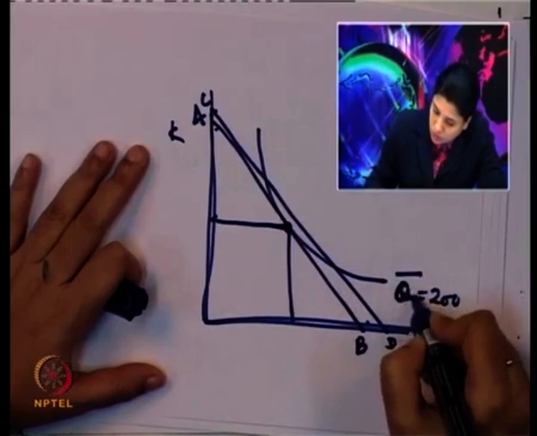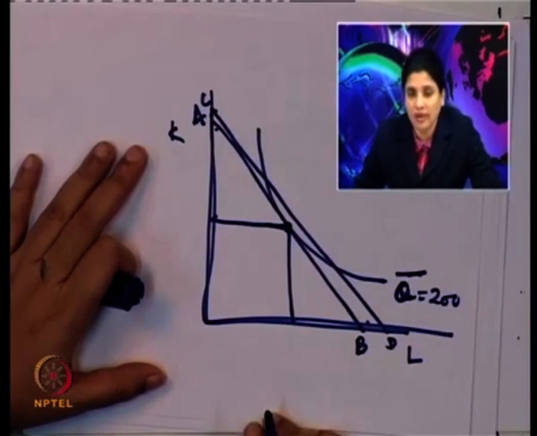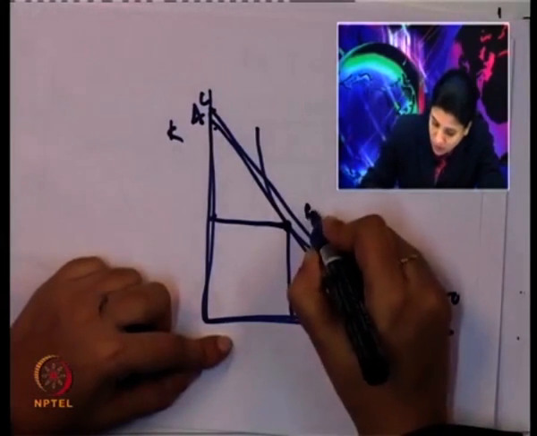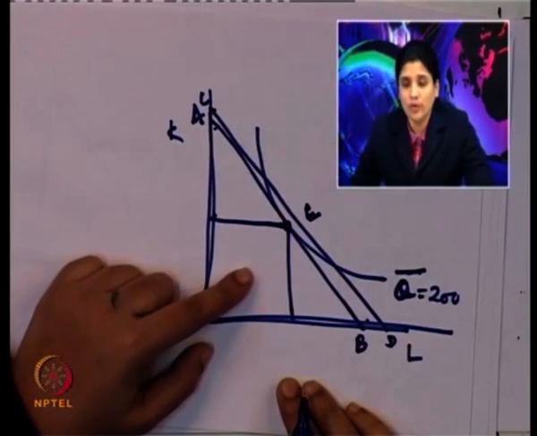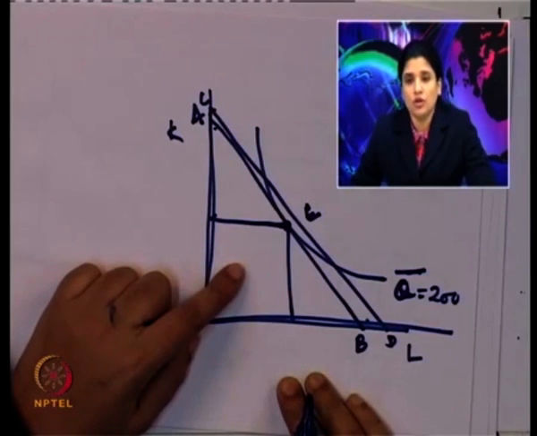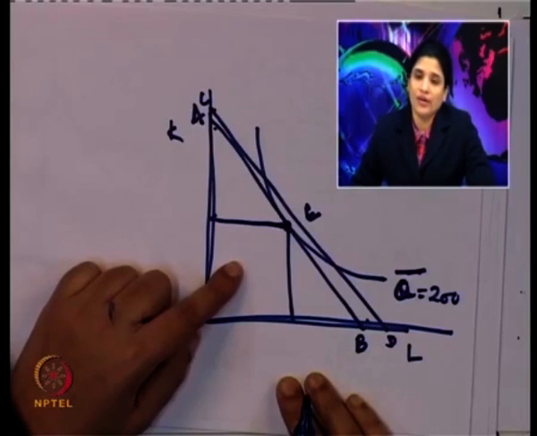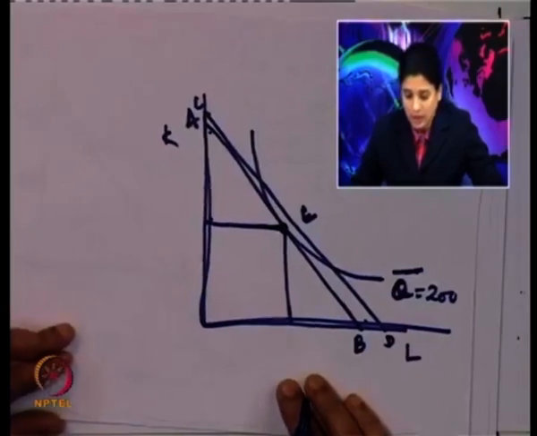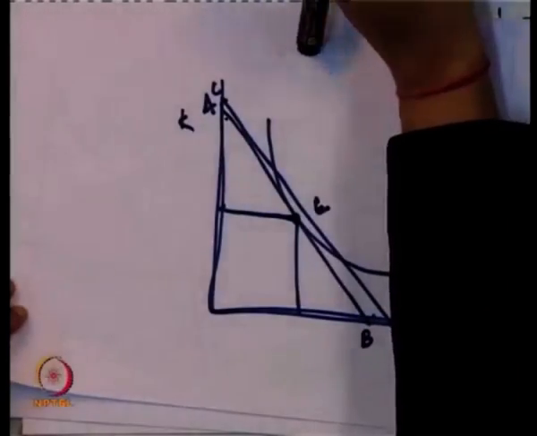So, if Q bar is the isoquant which produces 200 units of output, and AB is the isocost, in this case point E will be chosen as the optimal combination of inputs, because at this point the slope of the isocost is equal to the slope of the isoquant. We can say that the slopes are equal, or that the isocost is just tangent to the isoquant. Then we will understand the concept of the expansion path. And what is the expansion path? Basically, this is the optimal input combination for different levels of output and with different isocost lines.